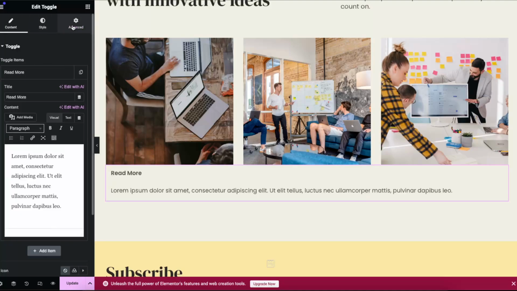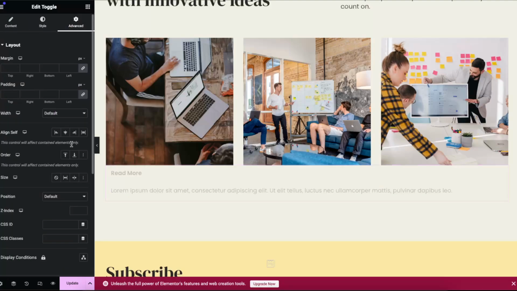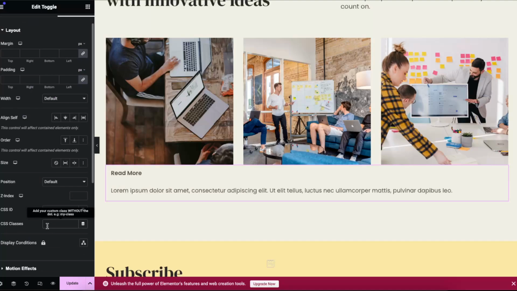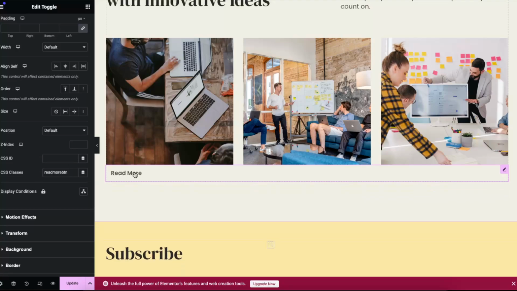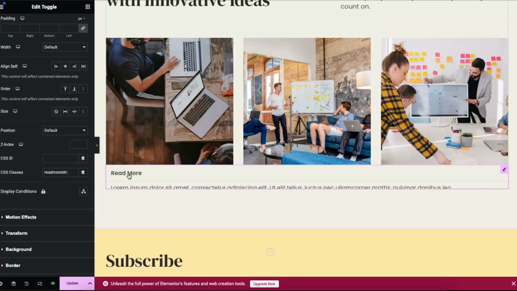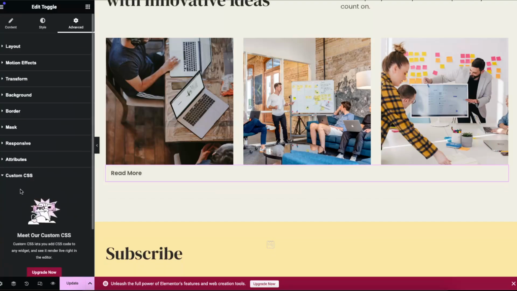and from here now we can go ahead and write down the advanced CSS classes right there, and here you want to go ahead and write read more button like so. Now we also want to go ahead and add a code for this type of, as you can see, it already works, but if you want to have a custom CSS, you can go ahead, click right there,